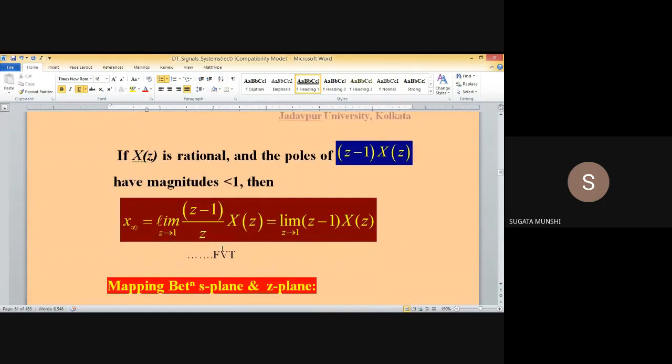Now this is the final value theorem. If X(z) is rational, that means a ratio of polynomials in z, or it can be in z to the power minus 1, then